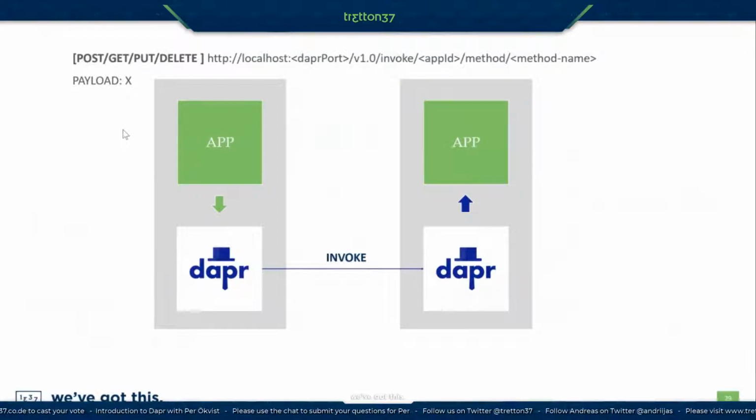And as you see the URI on the top here, we're now swapping out the publish and bind and using the keyword invoke and adding a few slugs here to the URI with our application ID and the method name. And now I could invoke a method in another application by talking to my sidecar, which then does some service resolution to find where the other service lives, and invokes that through the sidecars and into the application. And here you could see the possibility to bridge things between HTTP and gRPC.